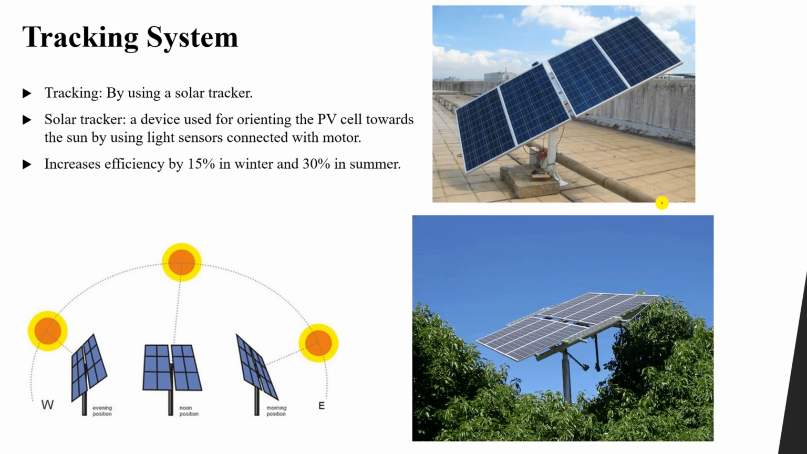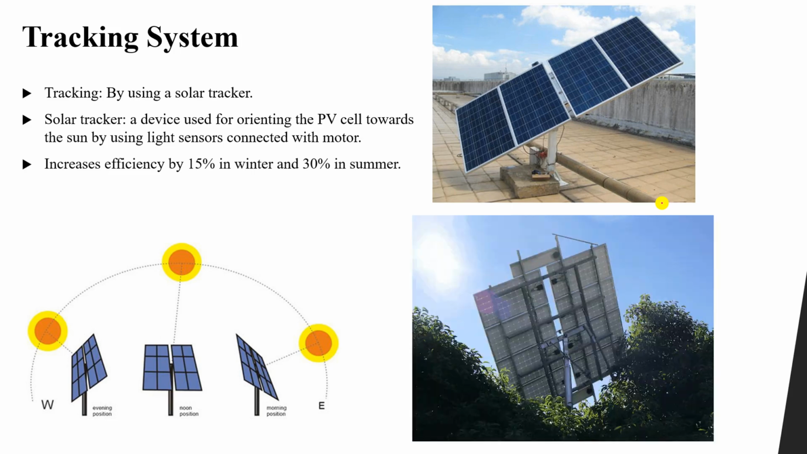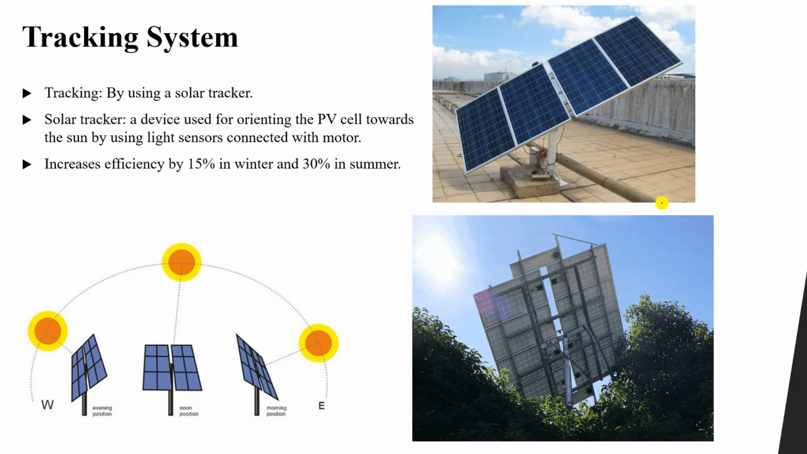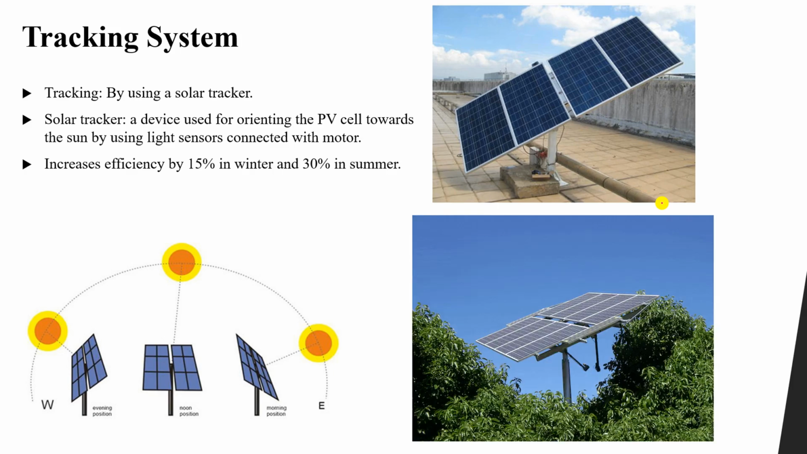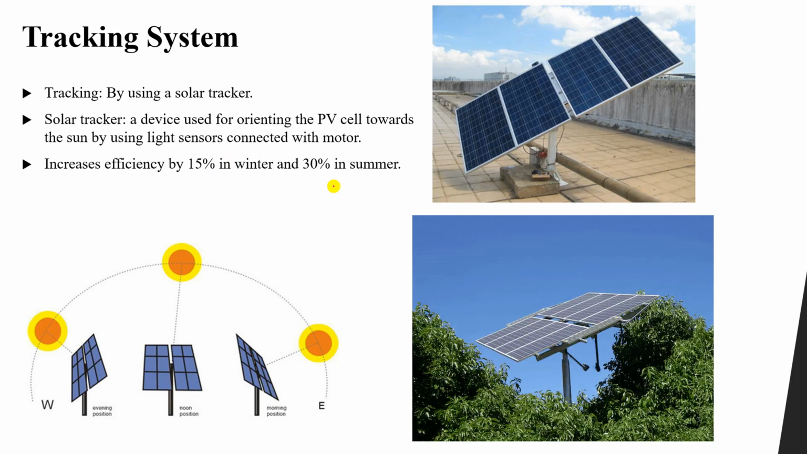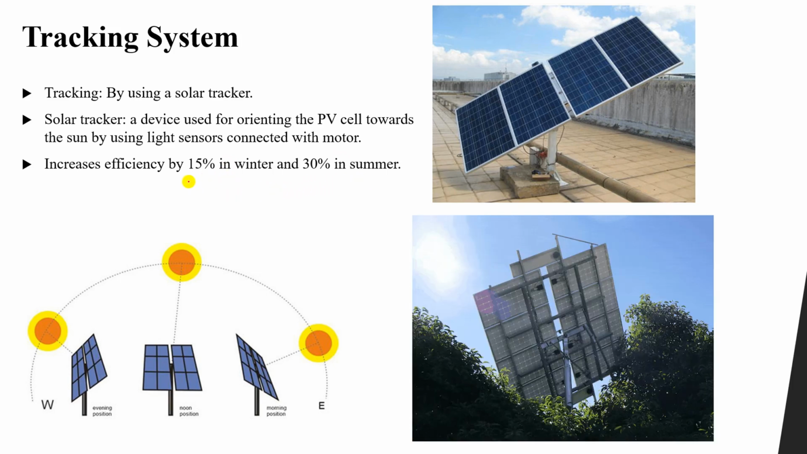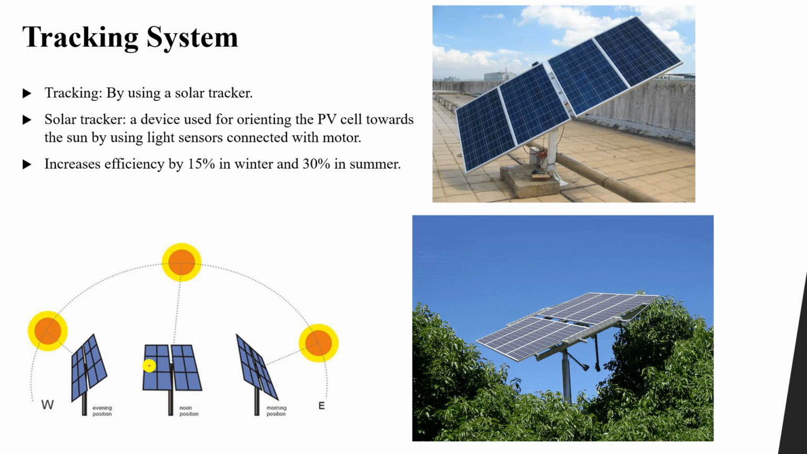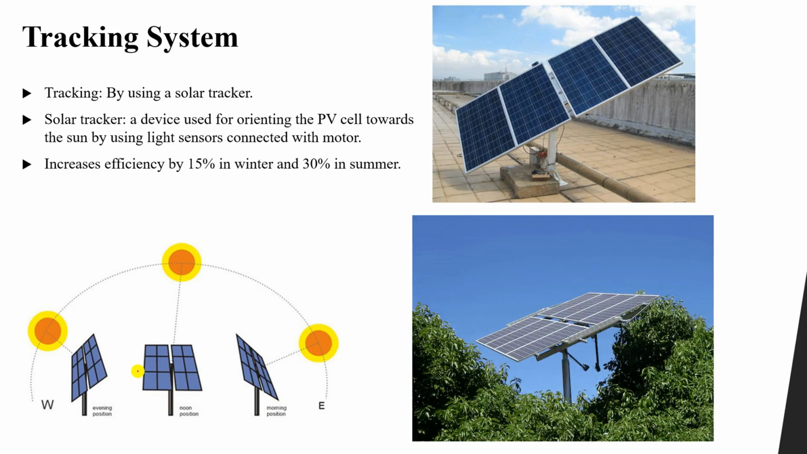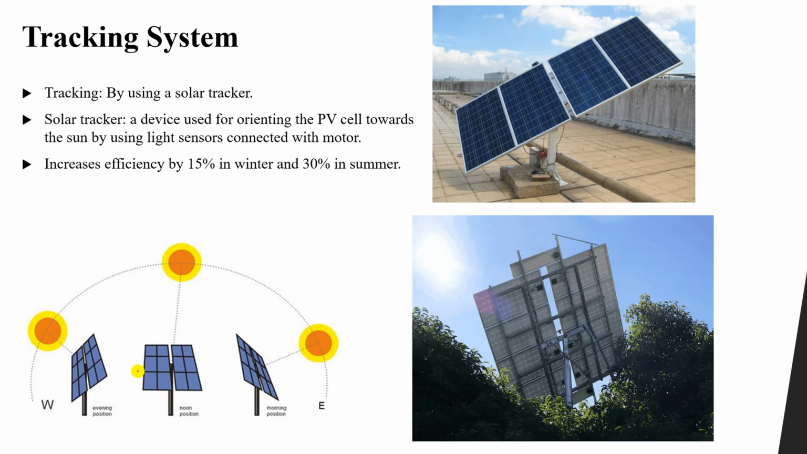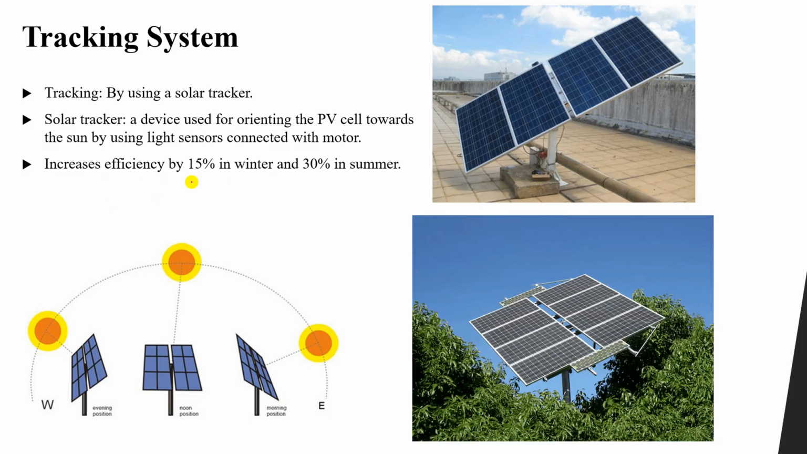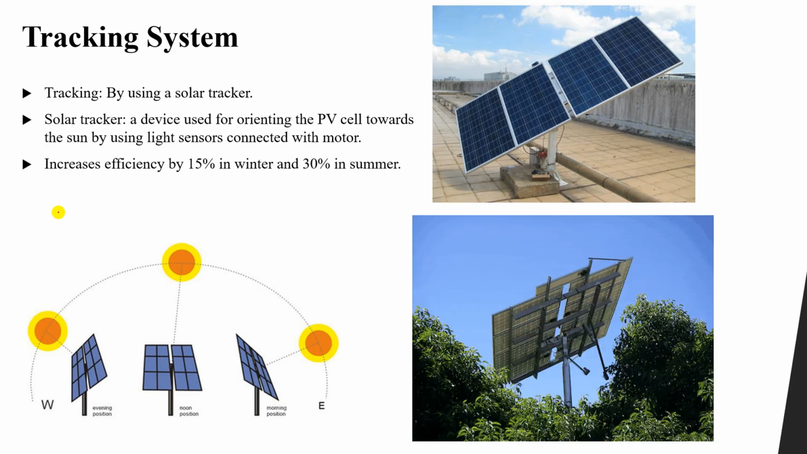Now, why do we use a system like this? Because it will help to increase the efficiency, or the total energy produced, by 15% in winter and 30% in summer. Remember, this is not the efficiency of the conversion of the panel. Remember, we had monocrystalline, polycrystalline. Each one has its own efficiency. However, 15% here, when we are comparing the output power